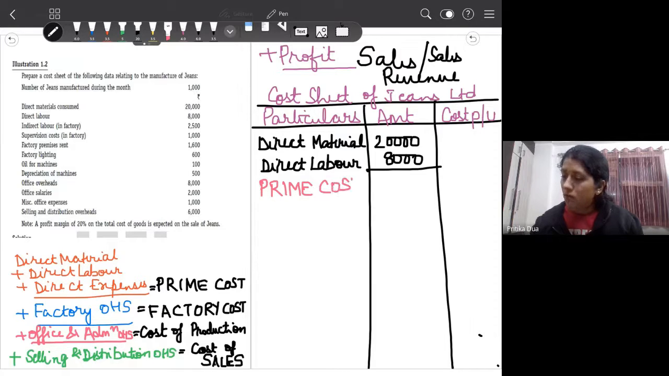Now prime cost comes to 28,000 rupees, and now on the basis of the amount which we have for 1,000 units, we will calculate the cost per unit, which we are getting as 28 rupees. Now the next step is to calculate the factory cost or the works cost, and therefore I write down